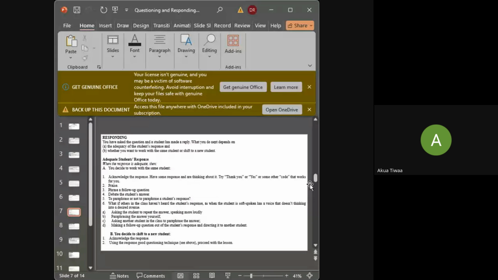And then the next one is raise a follow-up question. So the learner has responded, the teacher will acknowledge the response, praise the learner, and then raise a follow-up question. So you see clarifying, extending, generalizing, summarizing questions above, and so on. Once a student has responded, the teacher may sense the need to probe for more. So maybe now the student has responded, the teacher wants to know more.